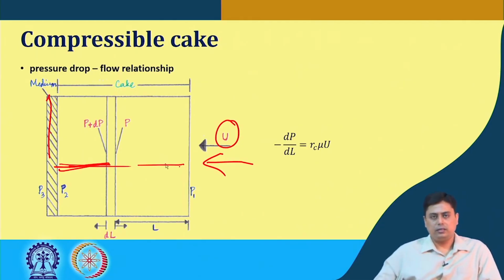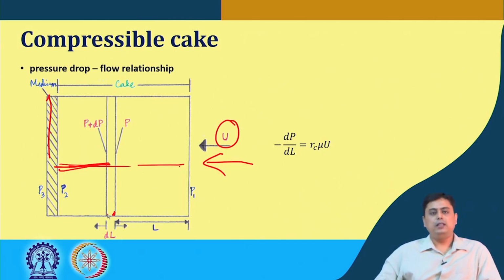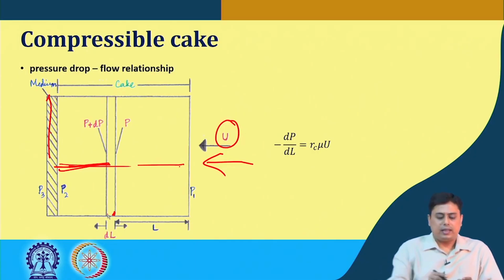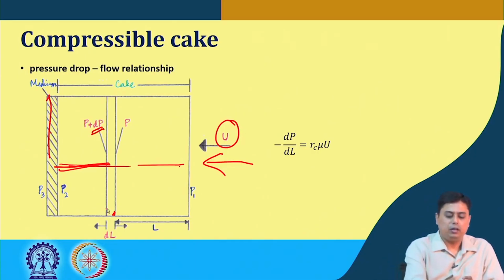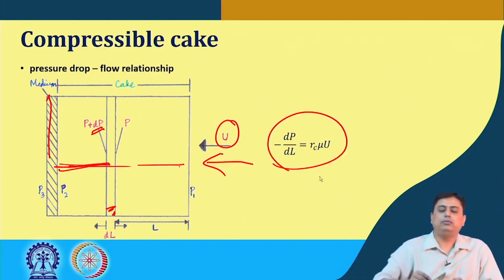If we consider an elemental length dl, the pressure drop from the upstream surface of the cake, the interface of the bulk liquid and the cake, to this point is del p. So, the differential pressure will be dp for this elemental region, and we assume that the flow is happening